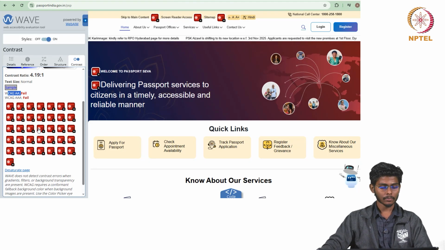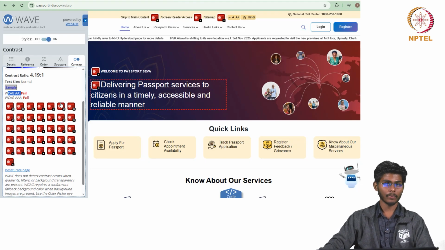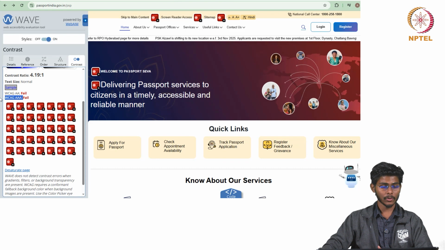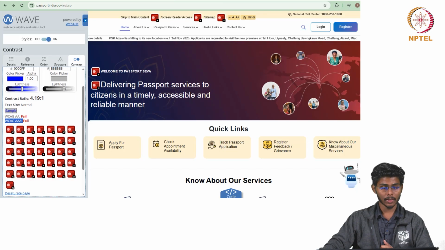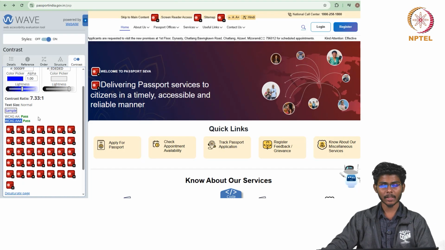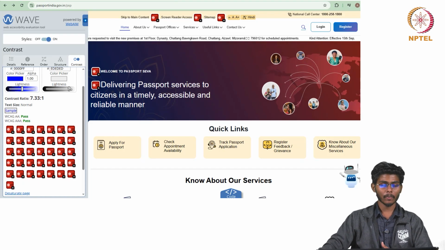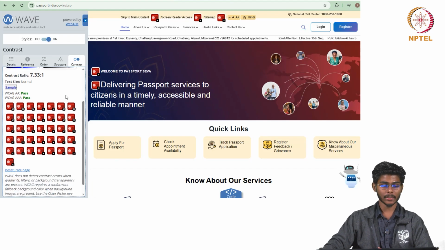And for WCAG level AAA, it should follow 7:1 for normal text. As you can see, when I move this meter above 7, it will show passing. So for validity of the WCAG AAA guideline, it should meet 7:1 as a basic requirement.